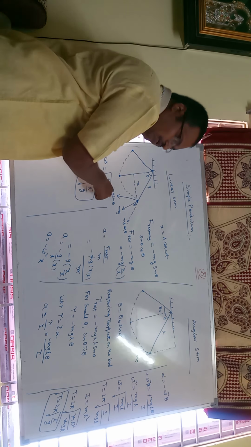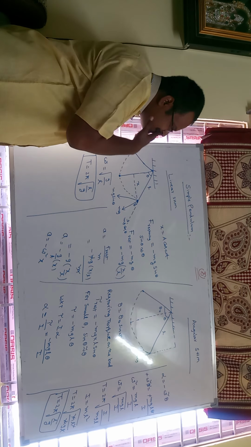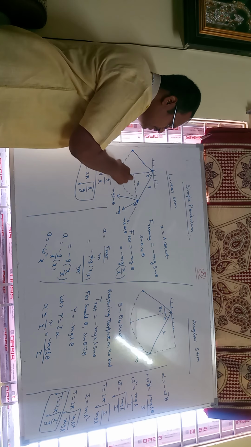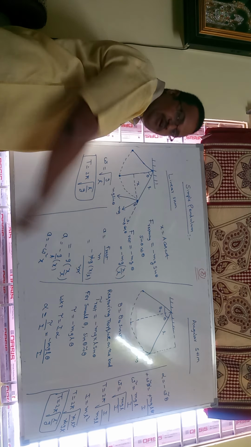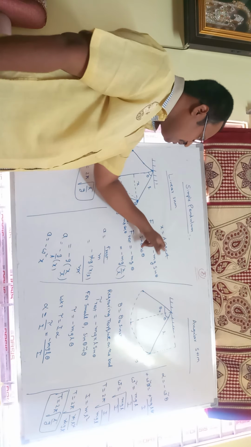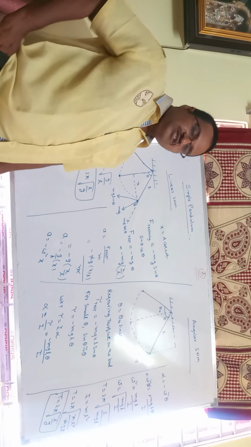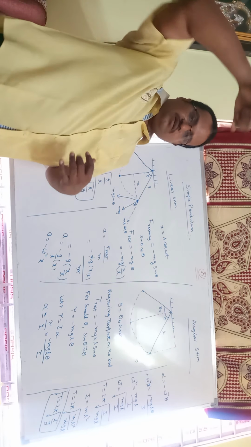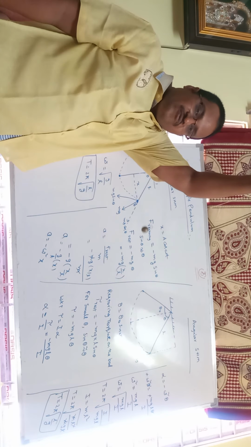And another one is mg sin theta. See this one. Now the pendulum at the mean position, that means it has an extreme position. At the extreme position, it has a displacement x equal to a cos omega t. When the pendulum makes oscillation, the string gets some restoring force.